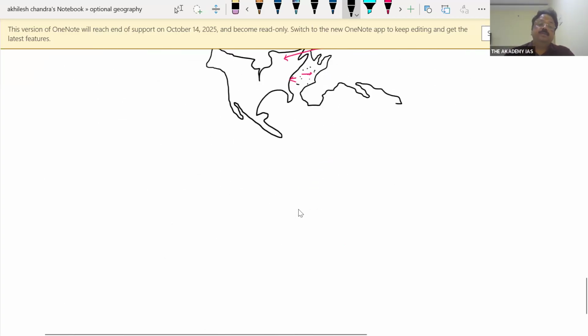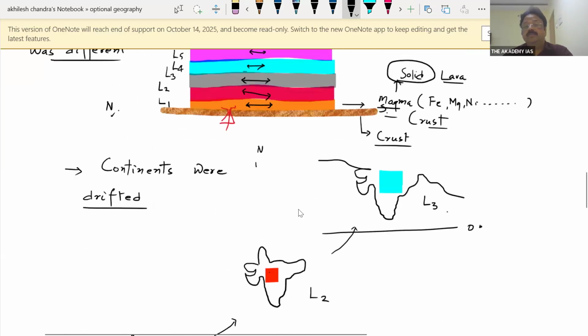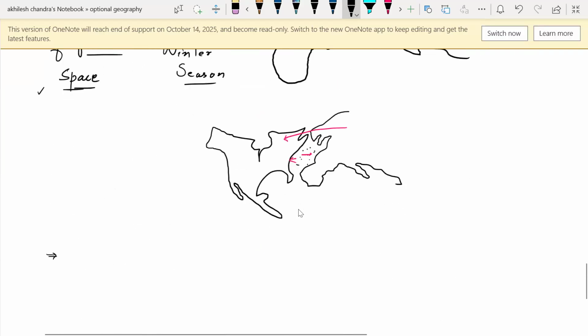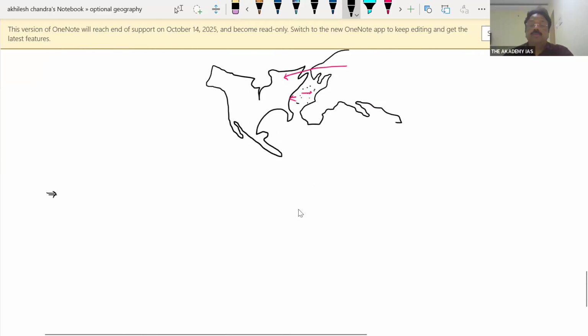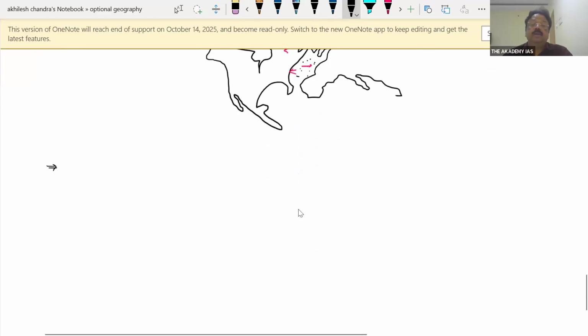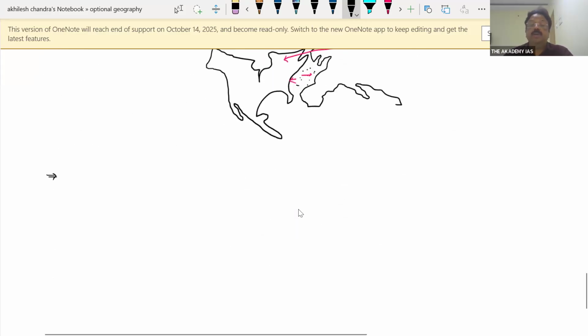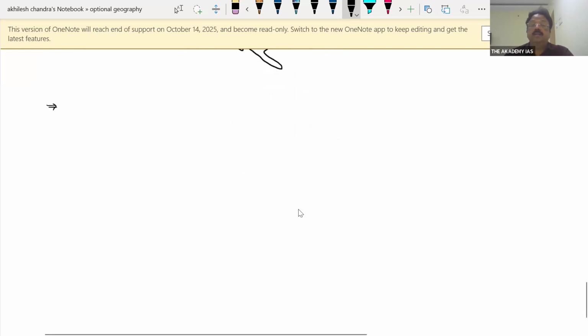So all this information is supporting that continents were drifted. But there are certain demerits. We talked about the demerits of this continental drift theory or not? Yes, sir. Okay, fine. So these are the evidence which was supporting that continents were drifted. But this theory simultaneously was not able to explain the mechanism of this kind of drift. That's why the theory was discarded, but it acts as a bridge theory. And it opened a new horizon of research